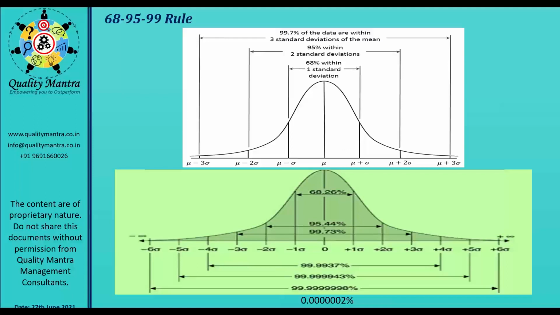You know, there is a rule called 68, 95, 99. So I think before going to this rule, let us go to the Excel sheet and calculate CPK and CPQ and PPK and PPQ so that you will get a clear-cut idea. So I am sharing the screen. Once it is available, please let me know.